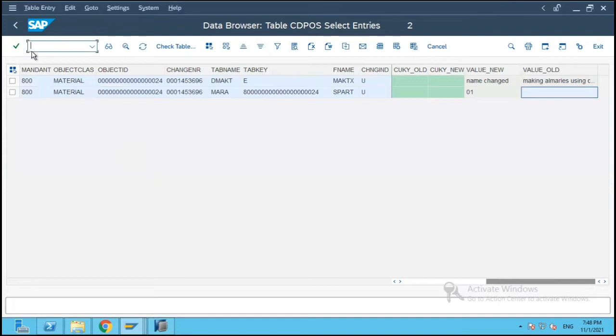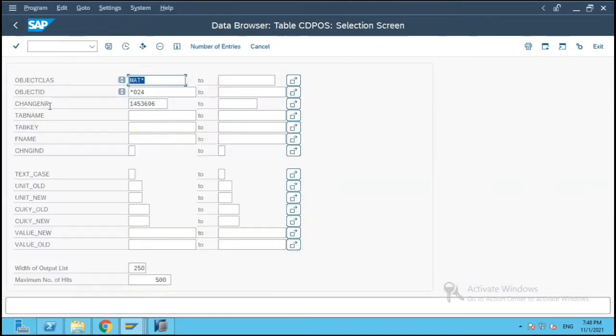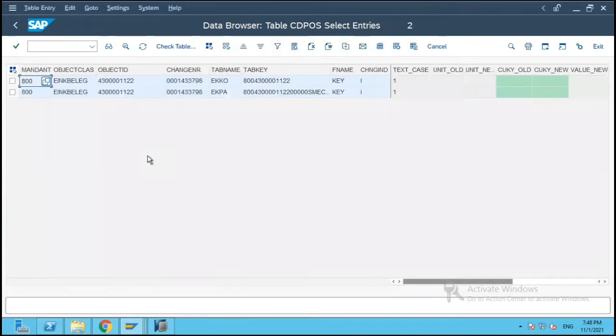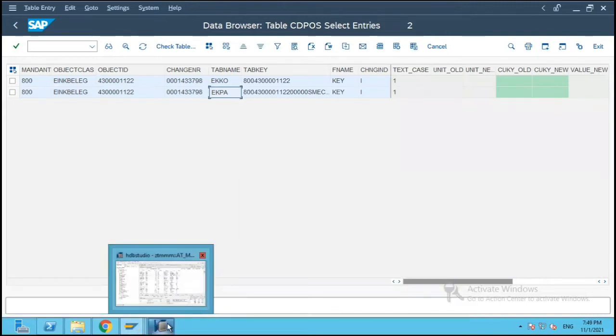What we will do now is come to the CDPOS table, with EINKBELEG, and I'll enter the change number over here. Let's do F8. Now this is the existing PO entry wherein the PO was created. One entry was made in the EKPO and another entry was made in the EKPA table. Okay. Now what we will do is we will come to